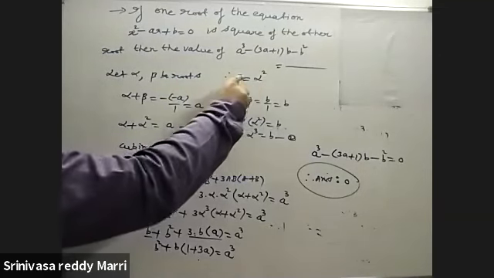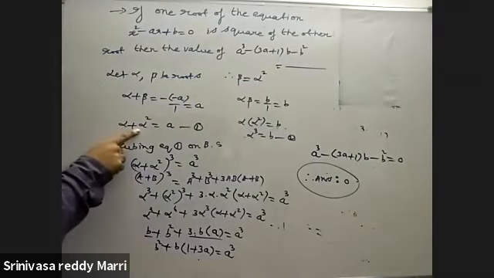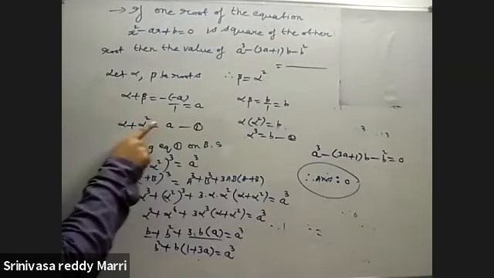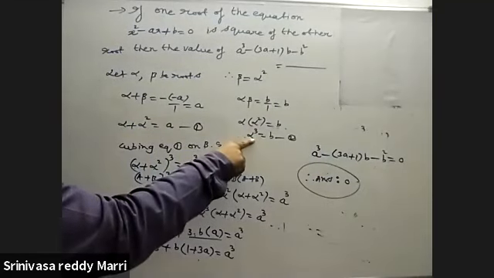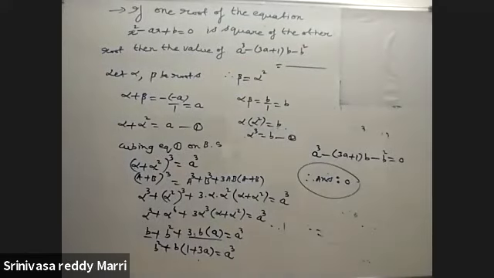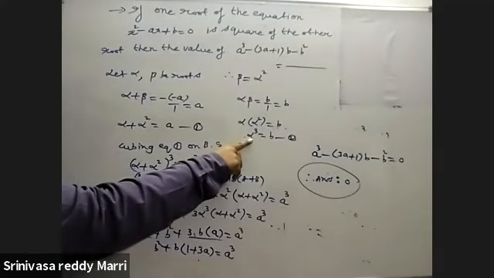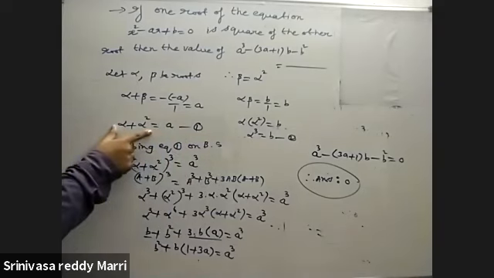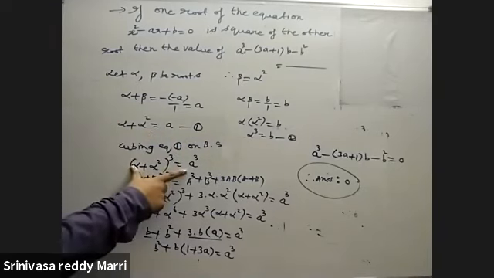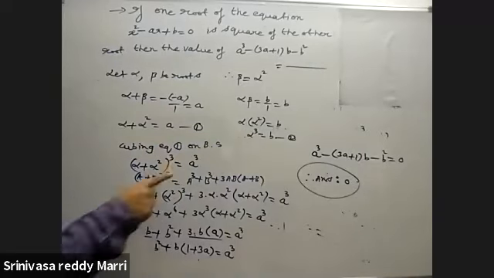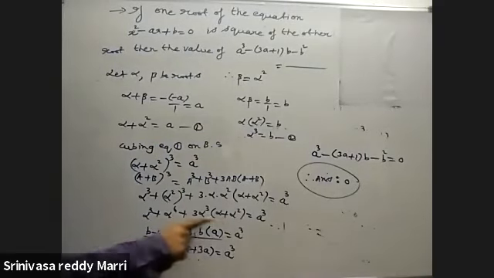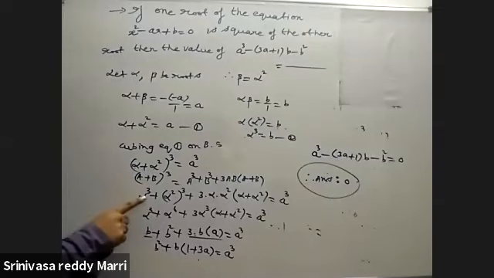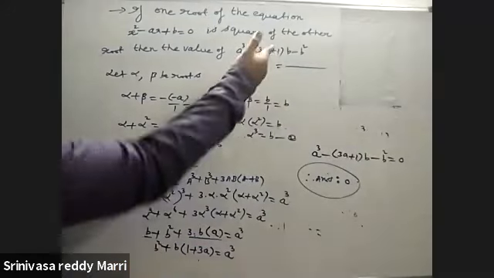Previously 2 alpha is given. Now alpha square is given. Substituted here. From these two, we have to eliminate alpha and form an equation in A and B. That's why, because alpha cube is known, here alpha plus alpha square is there. I have cubed on both sides, such that I can substitute the value of alpha cube here. In this equation, I have substituted cubed on both sides, and I have written the A plus B whole cube formula, and then in place of alpha cube, I have replaced B. Right? Then you got that relation like that.